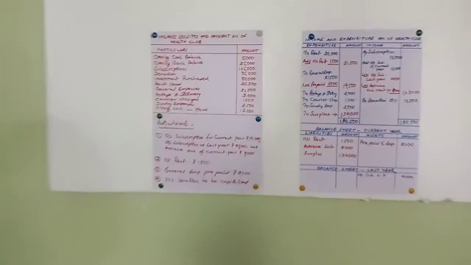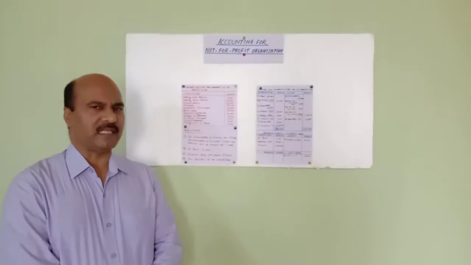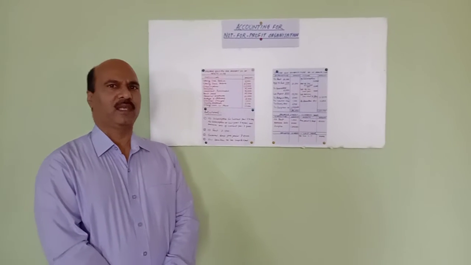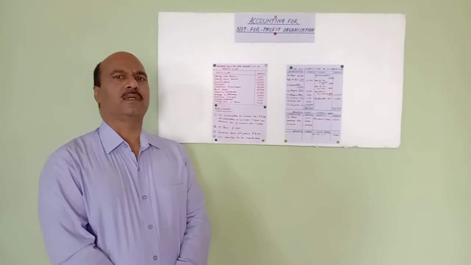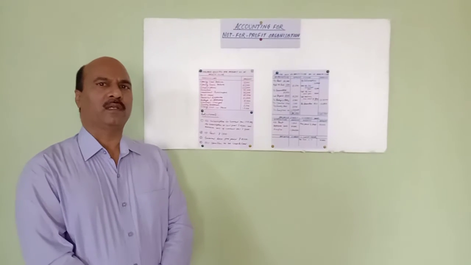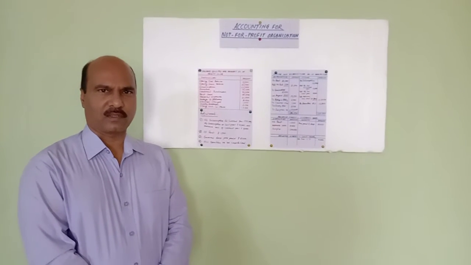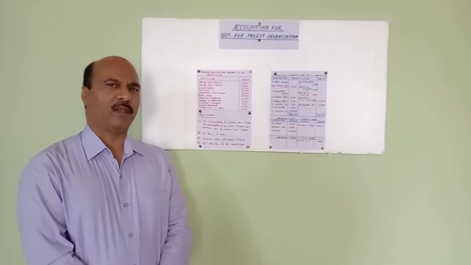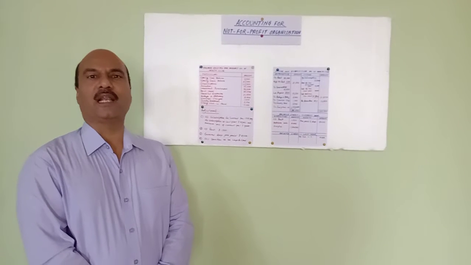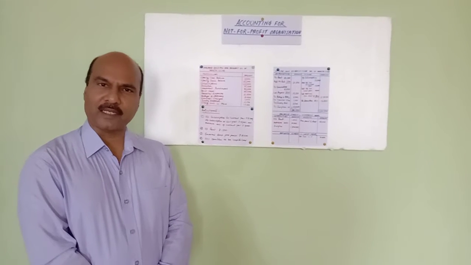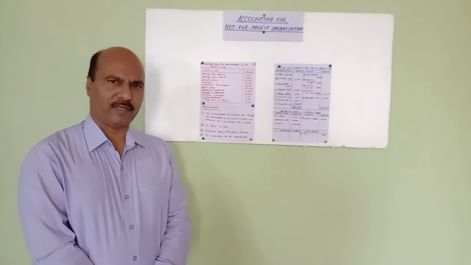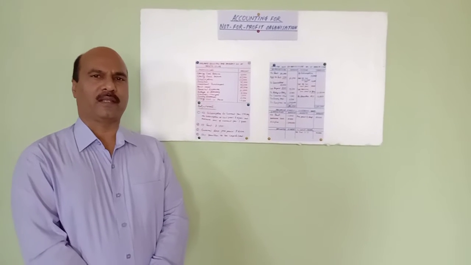Now I'm going to recall what the income and expenditure account is. Income and expenditure is the second step in the process of financial statements of a not-for-profit organization. It runs on nominal account rules: all expenses are debited, all income is credited. Income and expenditure records only revenue items. No capital items are recorded. I repeat, income and expenditure records only revenue items. No capital items are recorded.